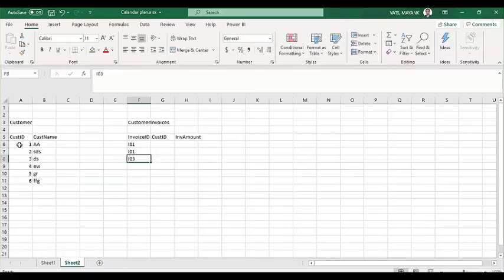One invoice can have the same records, like multiple lines of the same invoice ID. Now this invoice is for customer ID 1, this is for customer ID 3, this is for customer ID 4, and this is for customer ID 5. All right. So now you have these two tables, customer and customer invoices.